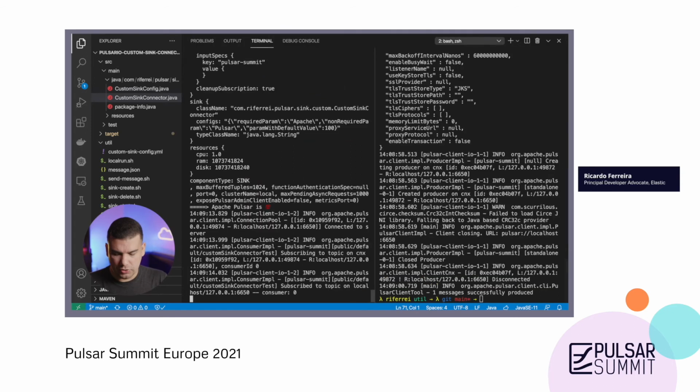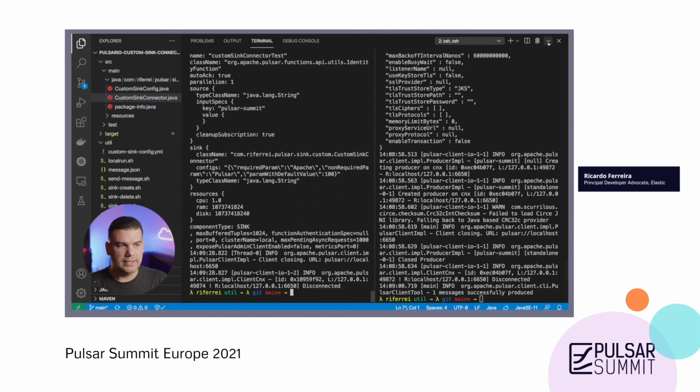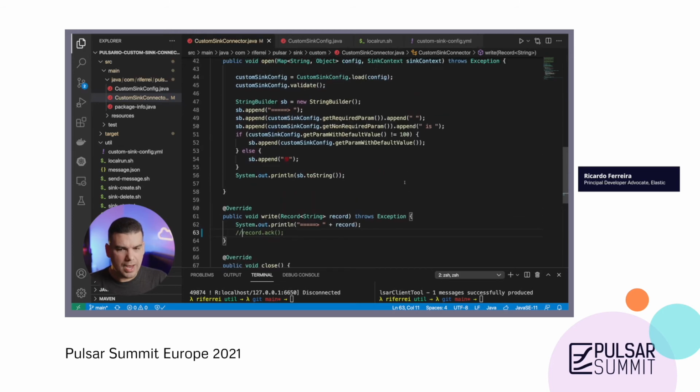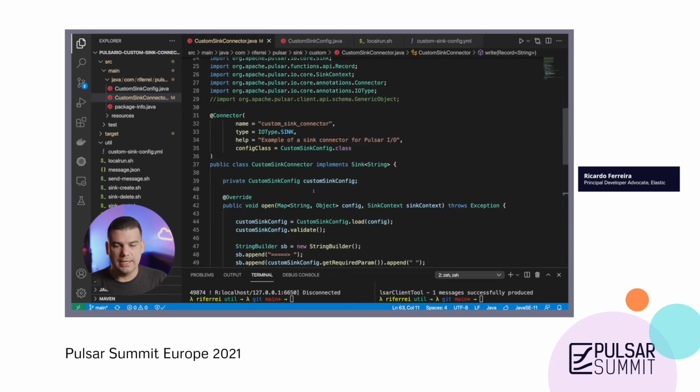So in order to make sure you understand this concept, what I'm going to do now is comment out this record acknowledge, and I'm going to make another interesting change here. Right now we are processing strings, but if you want to handle types where maybe your producers send messages in Avro or Protobuf or JSON schema, you do want to treat them as an object whose fields we can reference.